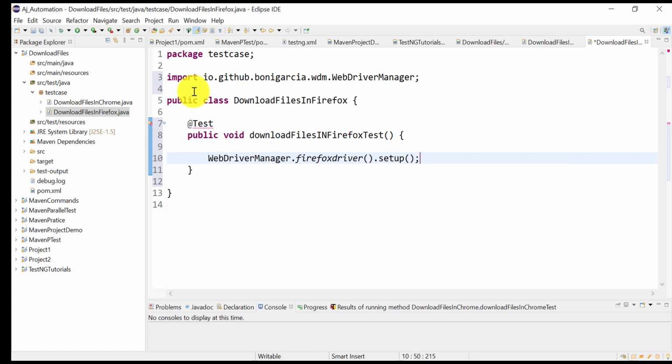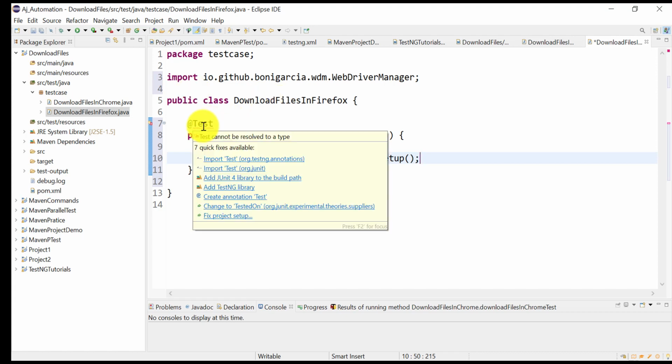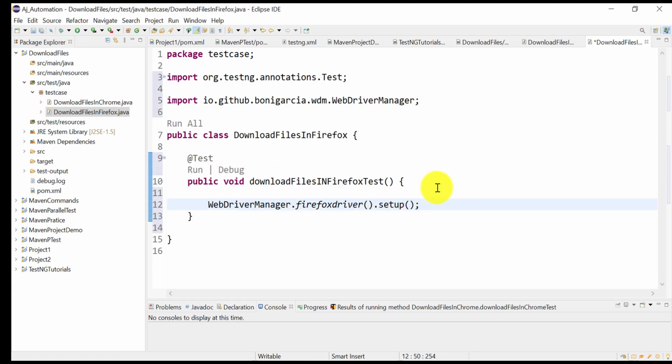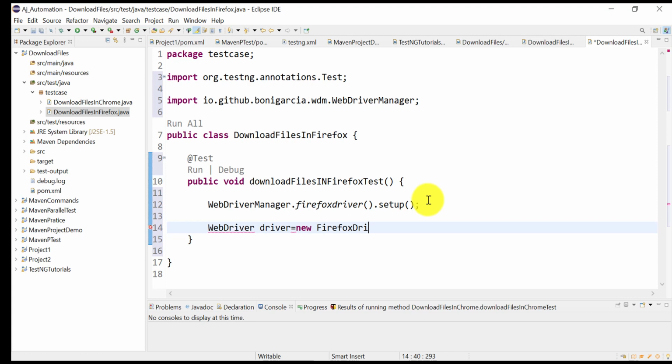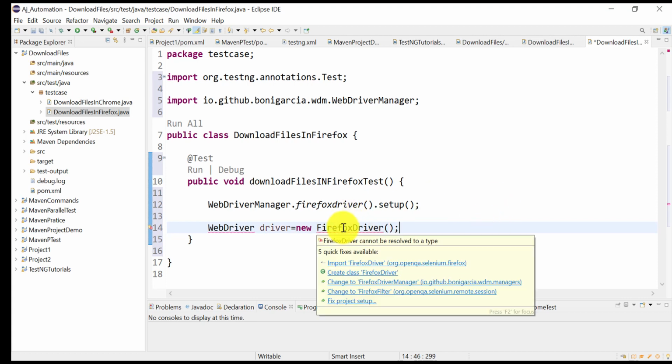Okay, by this you don't have to set the properties. Okay, so WebDriver manager will take care of that. And generally we write like this: WebDriver driver equal to new Firefox driver, right?